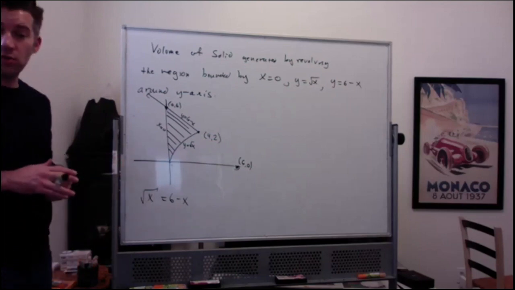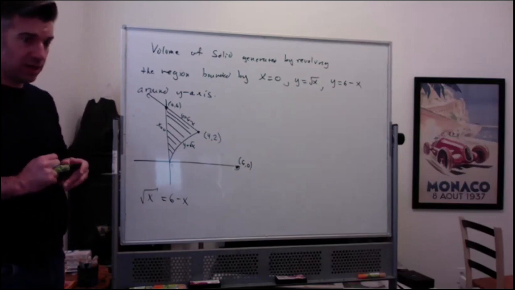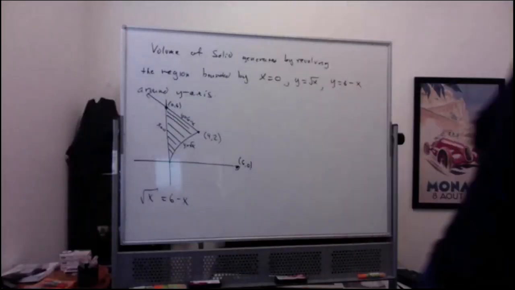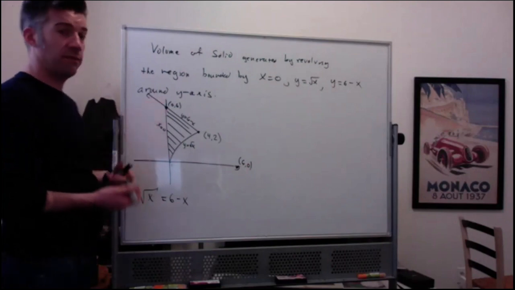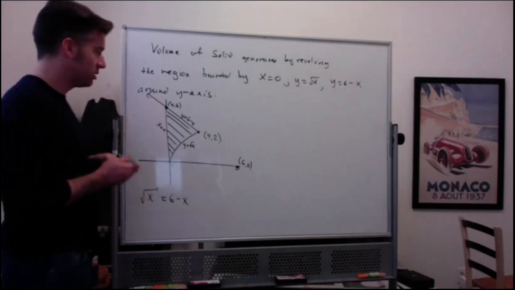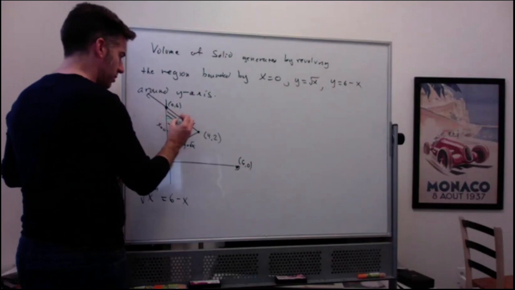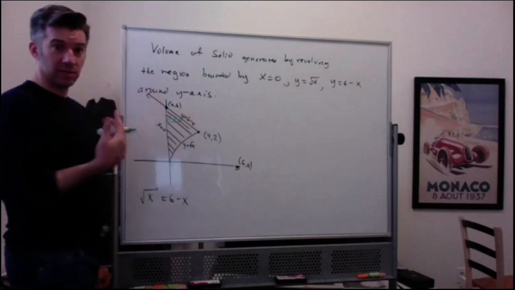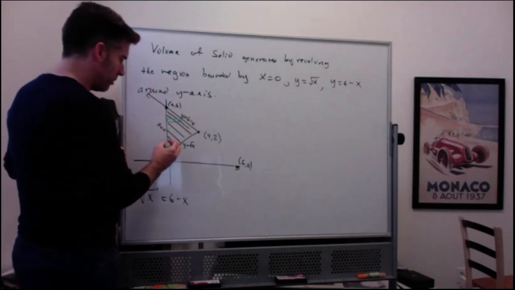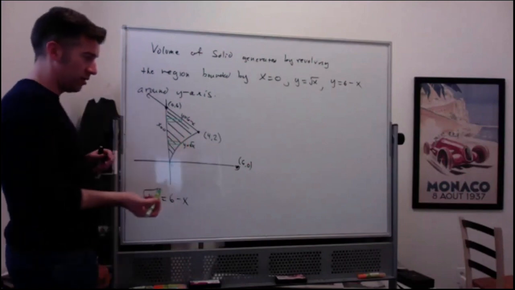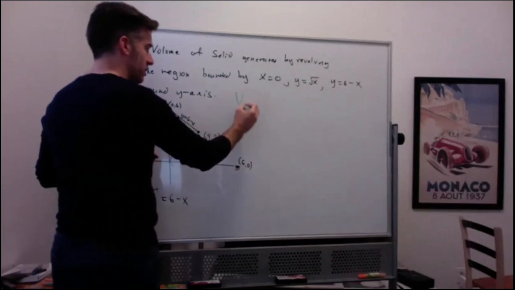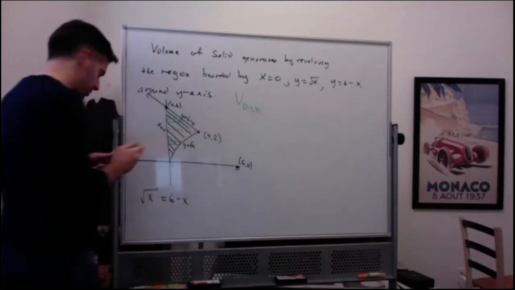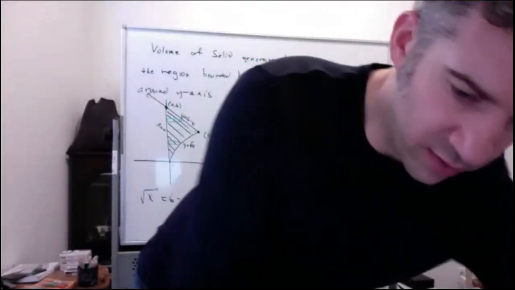And although we could certainly use any method we want, it would actually be the disk method here, not the washer method, because my region is flush with the axis of rotation. So if I drew a horizontal strip, there isn't any inner radius to subtract off. The problem with the disk method here is you have to do 2 different intervals. The volume using the disk method would be,